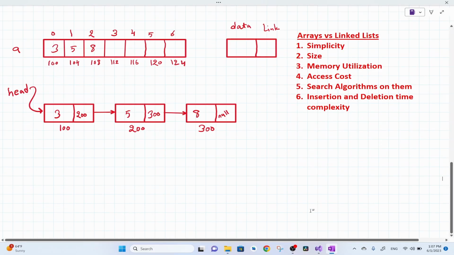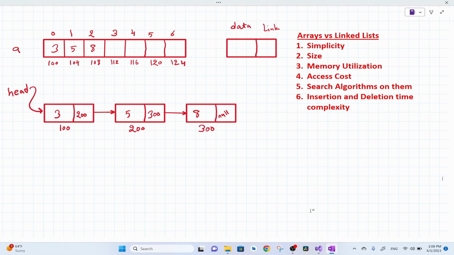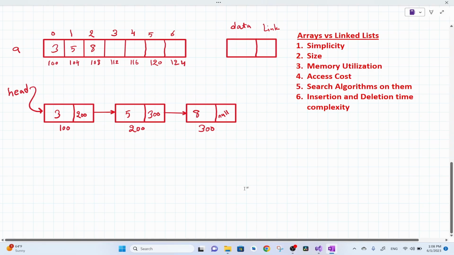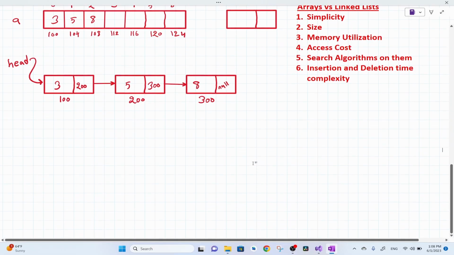Then let's talk about memory utilization. Talking about memory allocation and utilization, arrays, as they are fixed size and the elements in an array are stored in contiguous blocks of memory, can lead to inefficient use of memory if the array size is overestimated. We give the size of the array at compile time, as we just saw, when we declare an array. We estimate the size of the array in cases where we don't know how many elements to store,